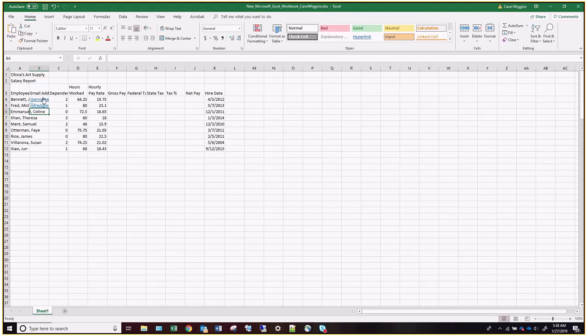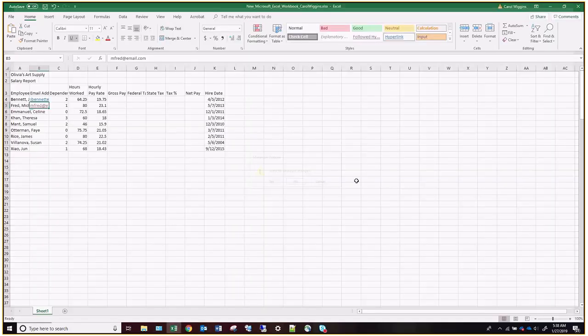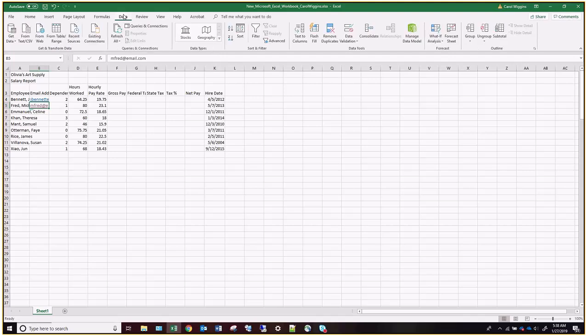And I'm going to keep my cursor in A5. And I'm going to click on the, sorry, I don't want to email them. I want my cursor in there. I'm going to go to the Data tab. And here is Flash Fill. Okay. I'm going to click on Flash Fill, and it's going to say, hey, okay, I know what you're looking for. And it's going to enter in that same